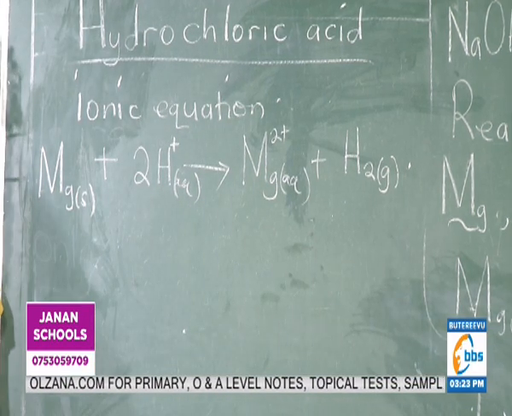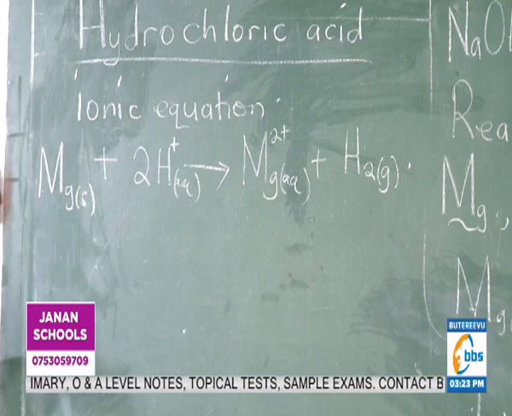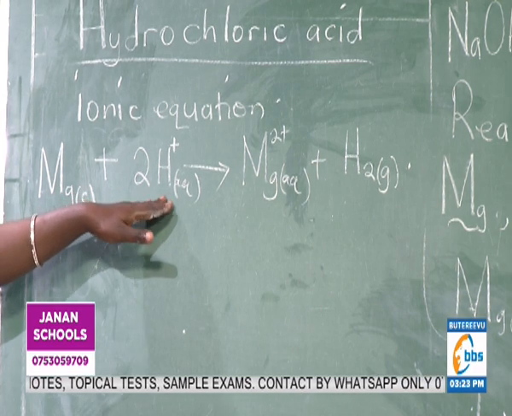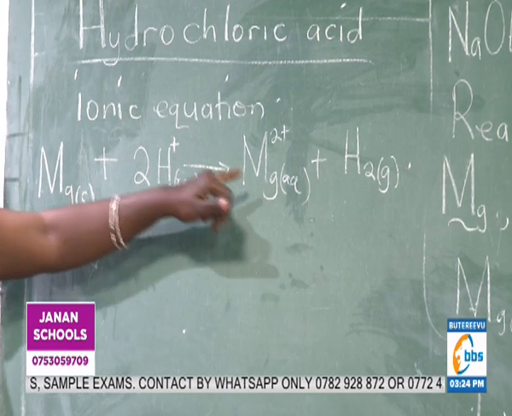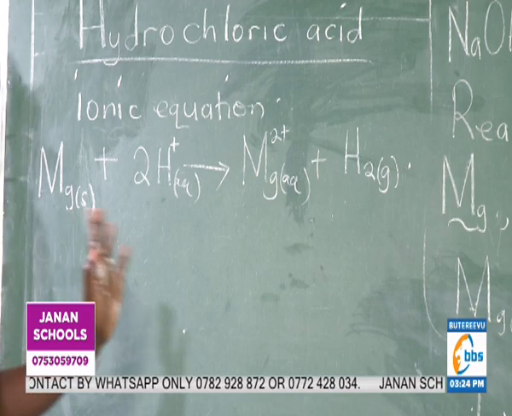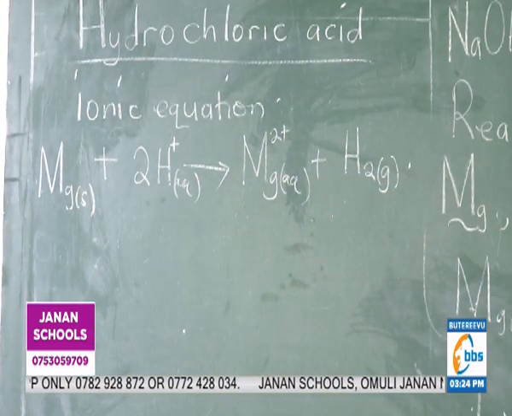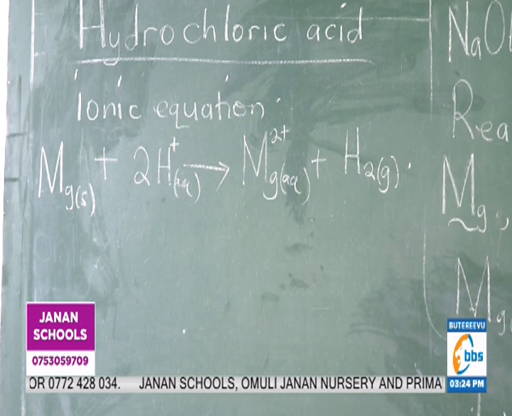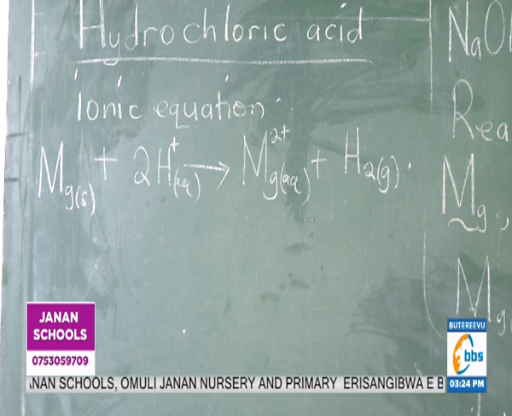How do you tell that you're indeed correct? The charges must always balance. We have a total charge of +2 this side. Even here we have a total charge of +2. Magnesium 1, magnesium 1. Hydrogen 2, even the other side there are 2. Therefore, our ionic equation is balanced. Please practice to write ionic equations. Whenever you're given molecular equations, go back after the teacher has left and look at the ionic equation,